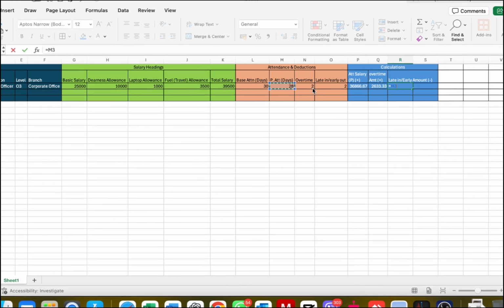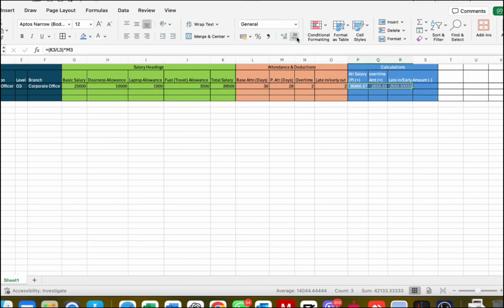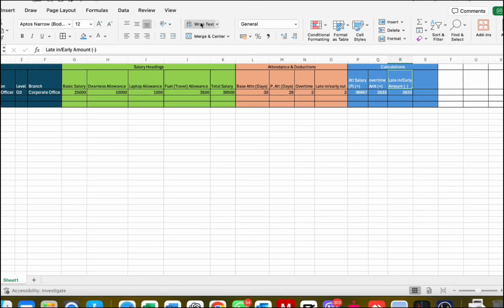So this thing is divided by base day, and base day is divided again by late in and checkout. I'll try to rationalize some of the values, so I'll remove all of the zeros that are required. So that's already done. While seeing these things,